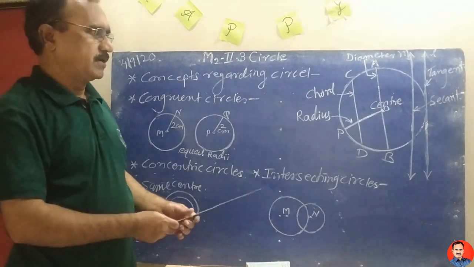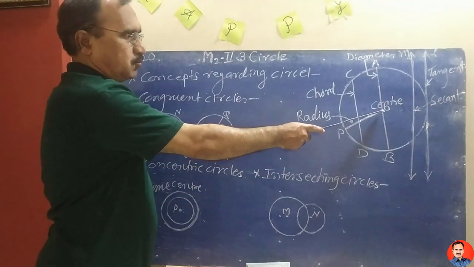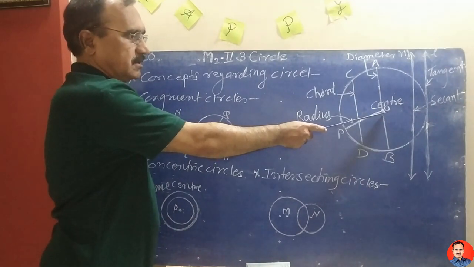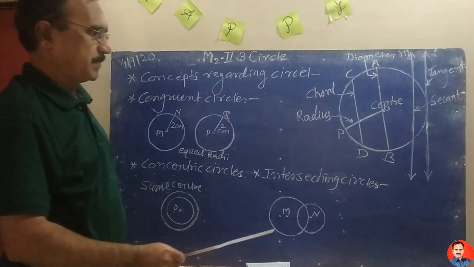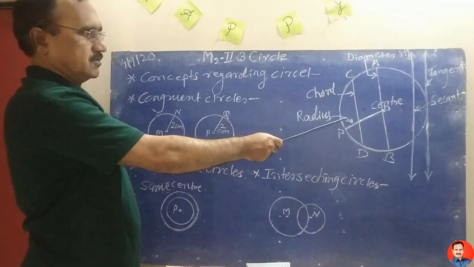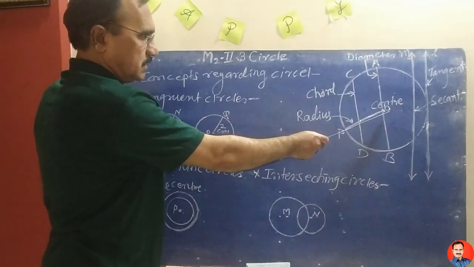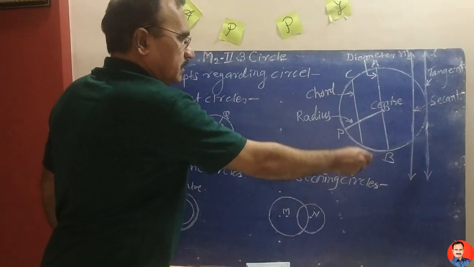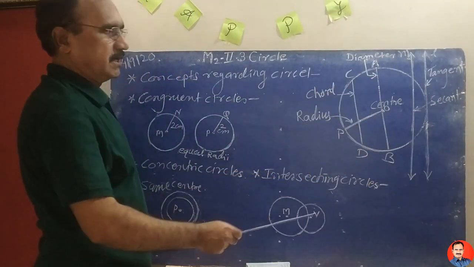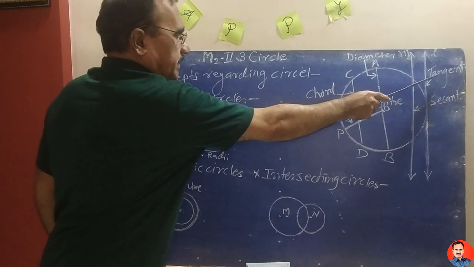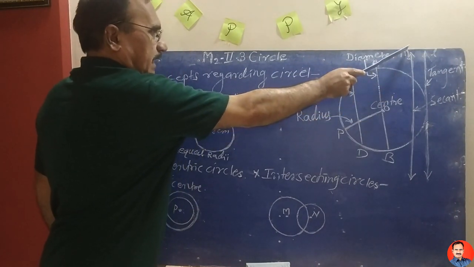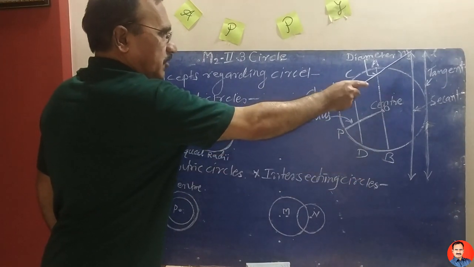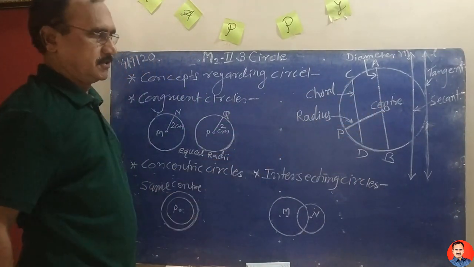If we put the pointer here on the notebook page, there is the center of the circle. That means in this circle, O is the center of the circle. All concepts are shown here in this figure. This is the center of the circle. This line L touches the circle, and therefore line L is called the tangent of the circle. The line M is intersecting the circle, therefore line M is called the secant of the circle.